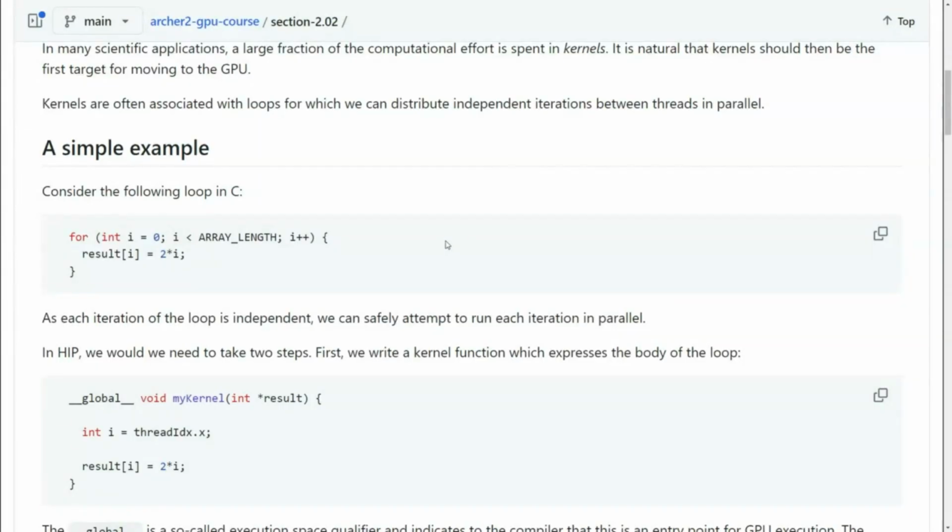That's what that's saying. It's void. It has no return type. It just has a result. And we're simply going to fill a result with the value, the thread index multiplied by 2, so that each element in the array result has an independent value